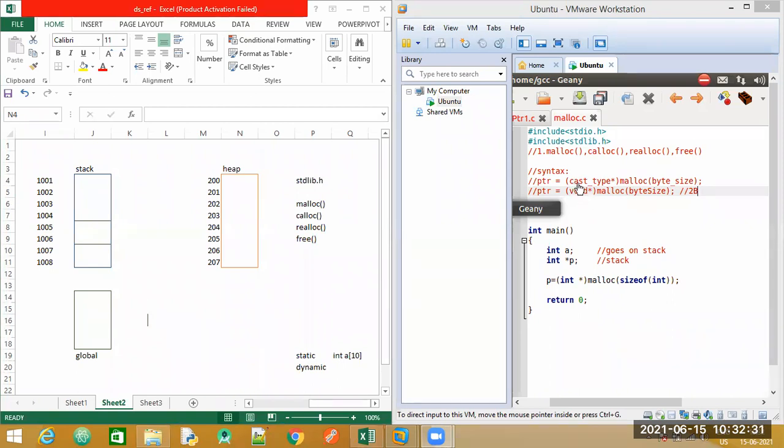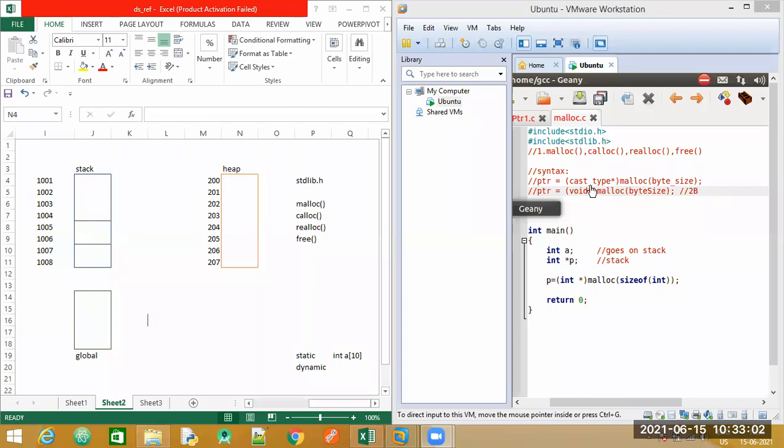That is why we have written cast underscore type here. Otherwise, we could simply write data type, because in this statement, P is equal to int star. But actually how it works is the malloc function returns a void pointer, and based on the data that we want to store, if it is integer, we are requesting it to typecast, that is, convert this void to a type of integer.